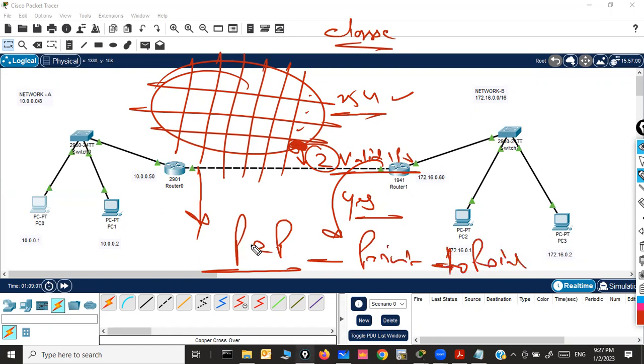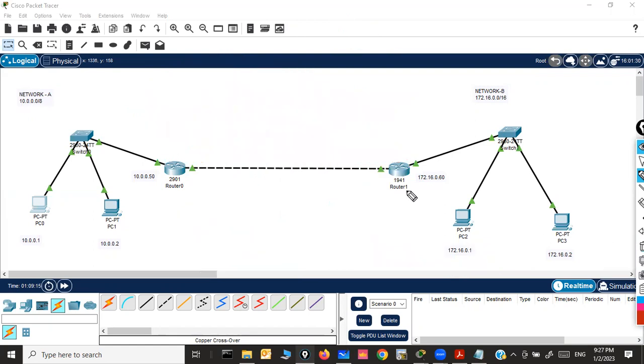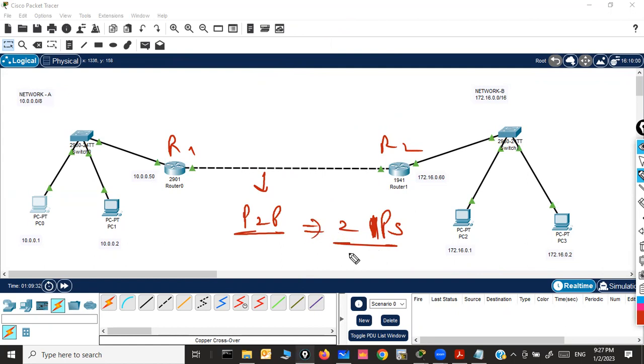So it would have been much better. Even subnetting is going to be beneficial here. We can do subnetting here also, because whenever we talk about a P2P link, a P2P circuit means only two IPs. We need a network with two IPs only. But as there is no network of two IPs only, the only solution is subnetting that we discussed in the previous session.